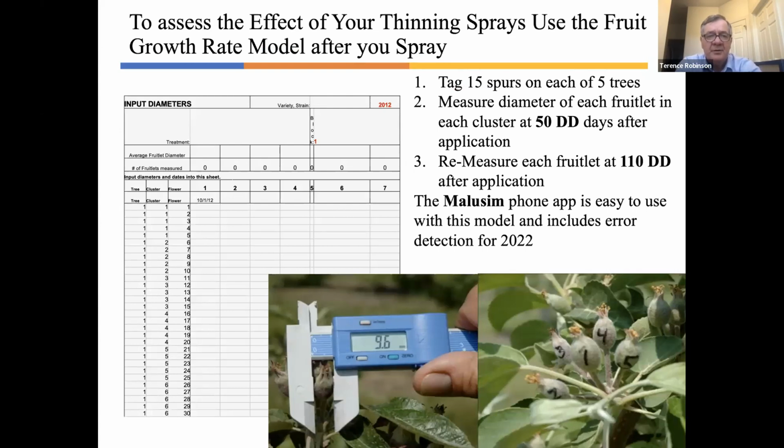It's important to assess what will happen after this coming spray as quickly as possible. And the best way to do that is to measure fruitlet diameters. Tag 15 spurs on each of 5 trees, measure the diameter after 50 degree days have passed, and then remeasure when 110 degree days have passed. Plug that information into the Malusim phone app fruit growth rate model, and you'll get an